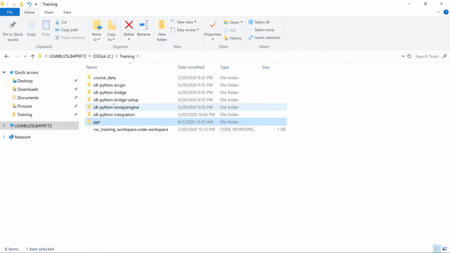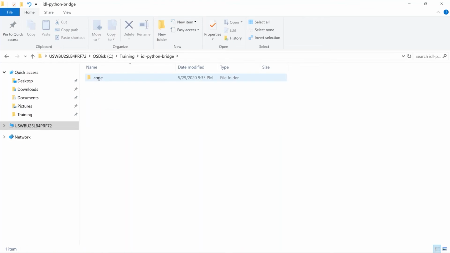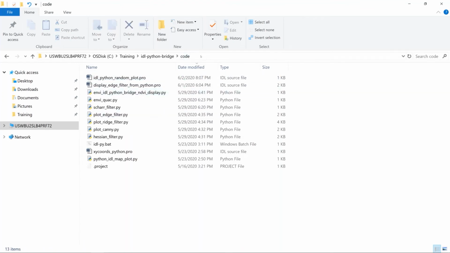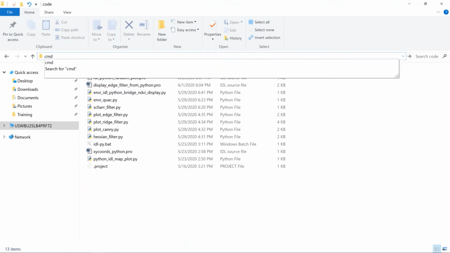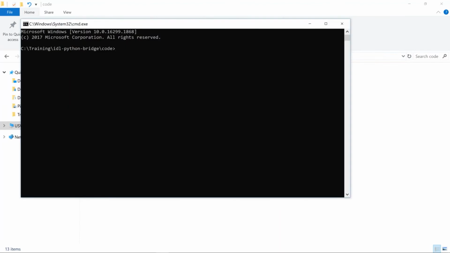Since we're in the IDL Python bridge work right now, we're going to go into that directory and the code directory. And at your Windows Explorer command prompt, right there in the bar, just type CMD for the command prompt. And then in this directory, there is